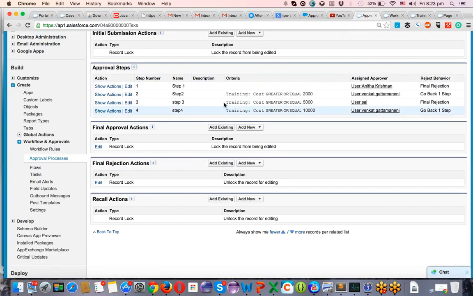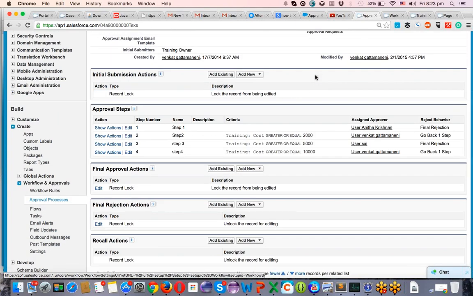I came here to show you the multi-step approval process. So here I have not given the manager. Generally, in our scenario, I give the manager as Venkat on the user record. But in this approval process, I directly gave the user.